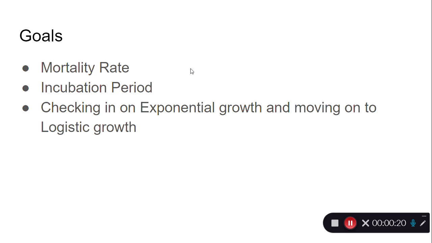The goal today, sort of three sections. We'll talk about the mortality rate. In particular, how do you figure that out? And what are the pros and cons of that? Or what do the numbers mean? The incubation period. So that means if you're exposed to it, someone sneezes in your face, how long before you should expect to present any symptoms, and what does that mean for being contagious? And then that will kind of connect in to the last bullet item, which will be checking on exponential growth.